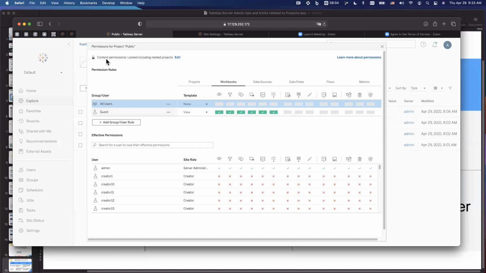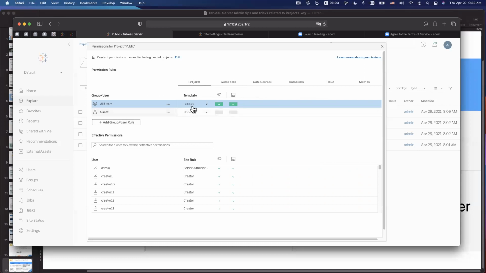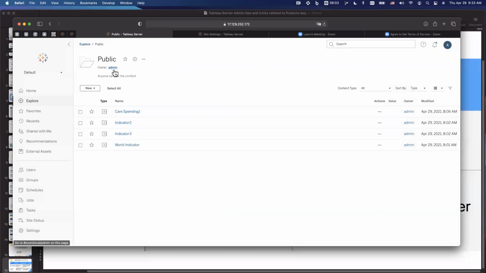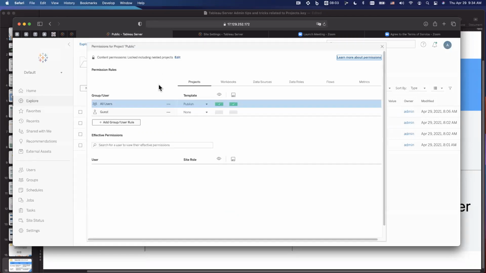And again, notice this project permission is locked. It is locked. And I don't have any other people as project leader. I, as admin, remain in control of this project. I'm the owner as well. What it means is that nobody can change the permission of this project. I lock it. I'm admin, and I'm the only